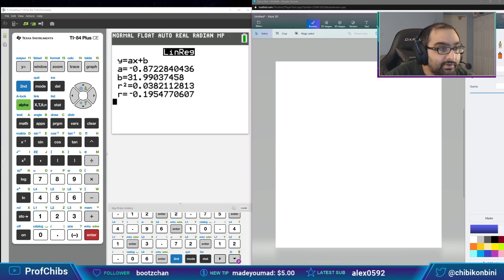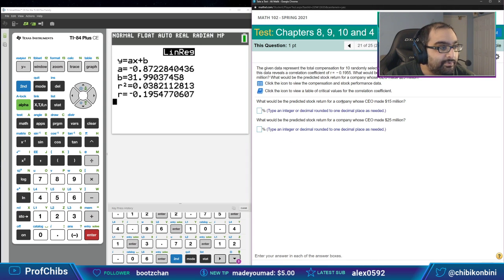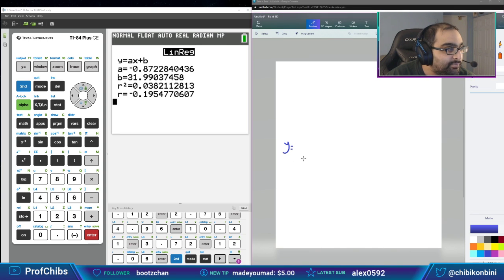All right, so what we have here specifically is y is equal to, and here's the thing about this. I'm not going to round here in the middle of the problem. It asks you to find the line of best fit and round to 1 decimal place, but it wants you to do that at the end of the problem. So to make sure I get the most accurate answer possible, I'm going to write the decimal all the way out, just to be on the safe side. You never know.